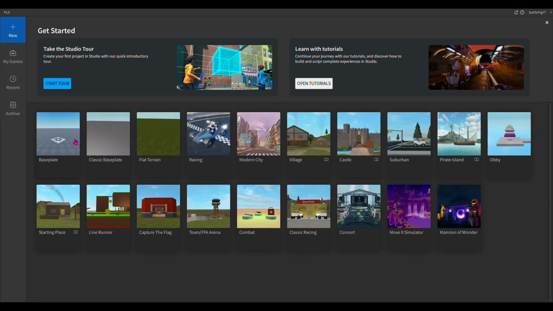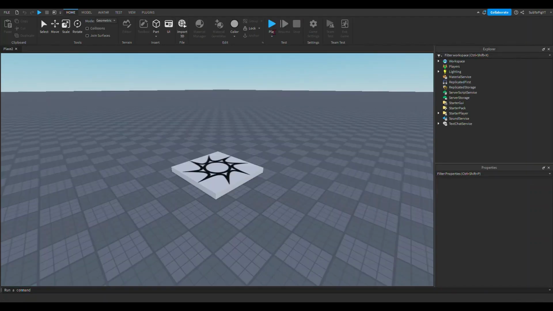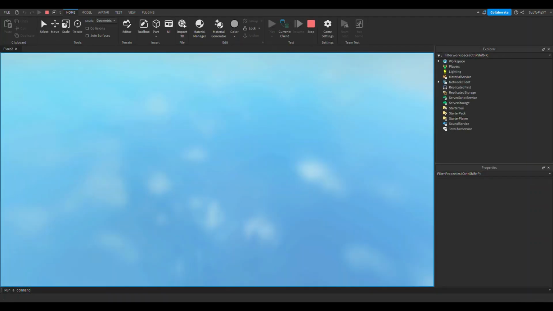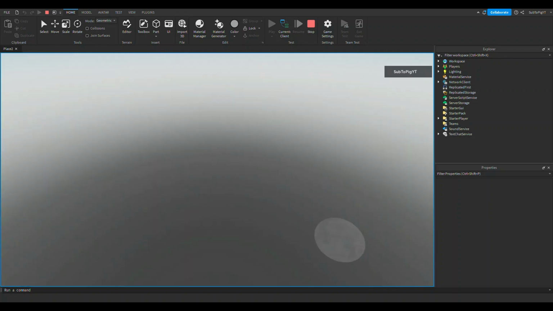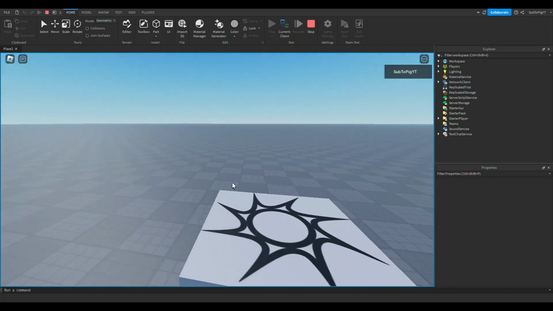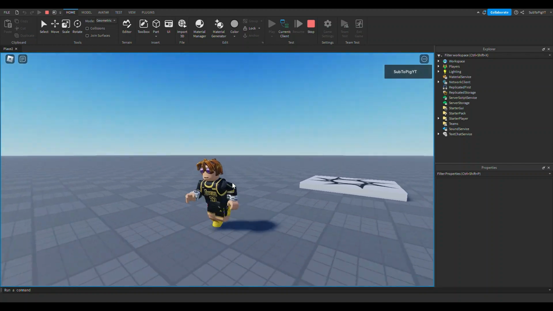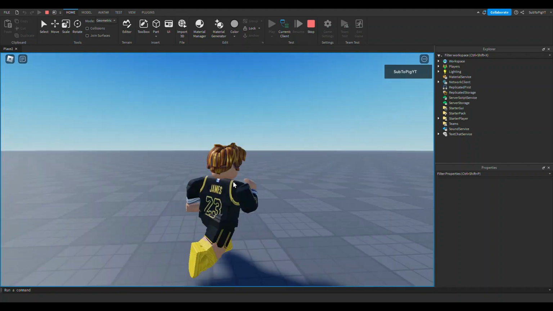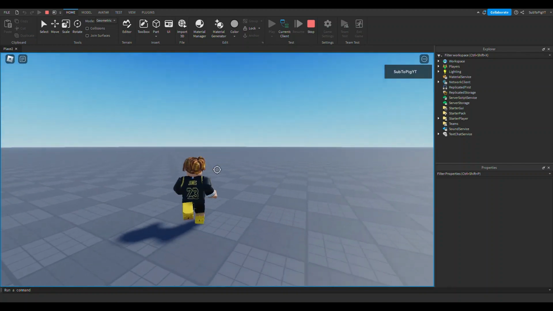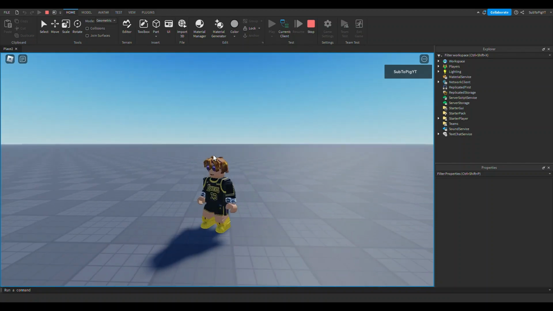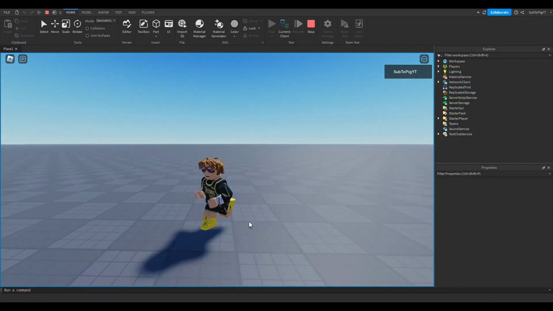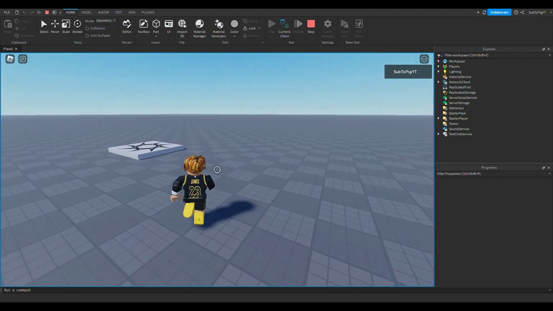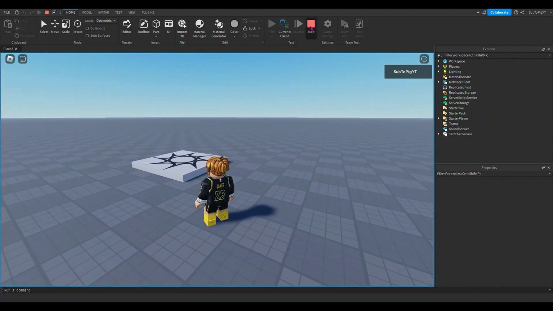I'm going to start off by opening up a new baseplate. So if I go ahead and hit play, you guys can see that there is no custom animation, just the old Roblox animation, the default one, or whatever one the player has equipped or bought. So to add your own custom animations,